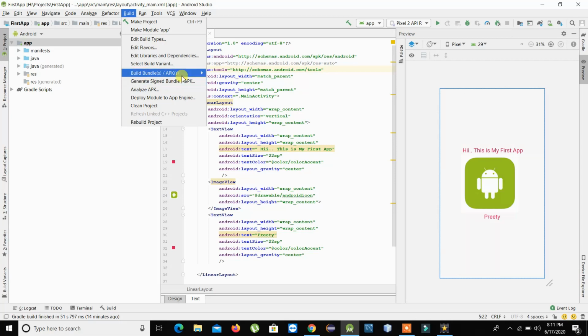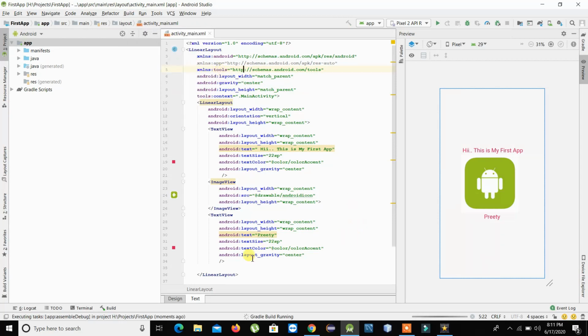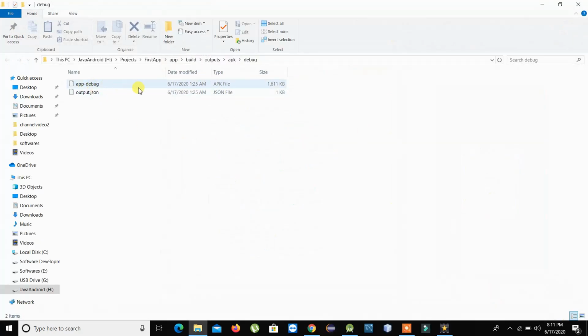So let's go ahead with the first one, how to build it. You have to click on here, build bundle APK, then click on build APK, and you can see the Gradle will be building over here. It takes a little bit of time, and there we go. We have this notification and pop-up comes over here. Once it is successfully built, click on locate and it will move you to the folder where it is present. You can see this is the APK file with the name app debug.